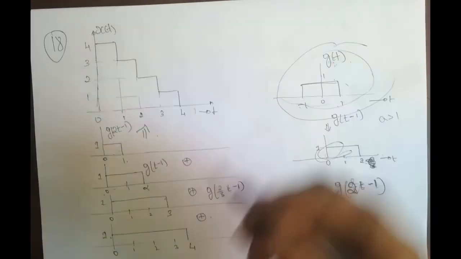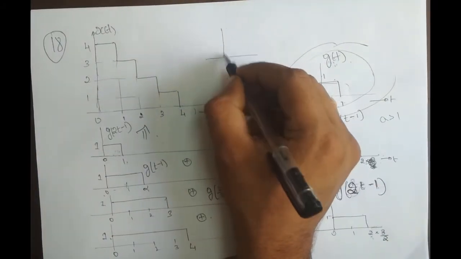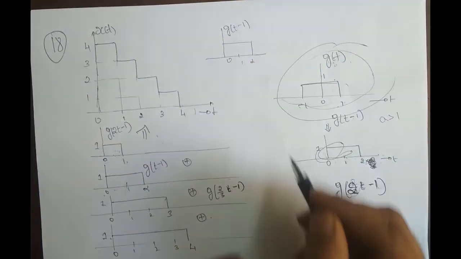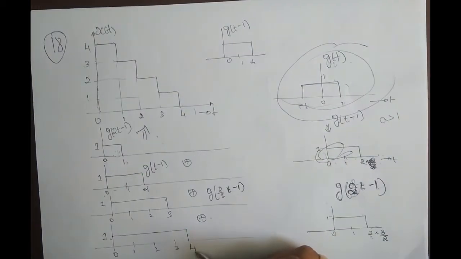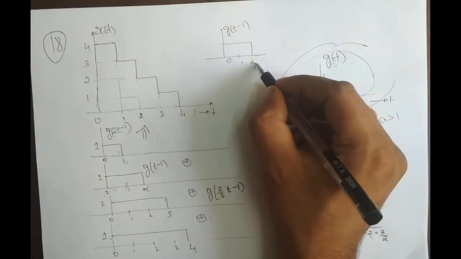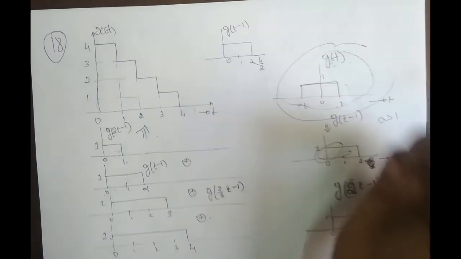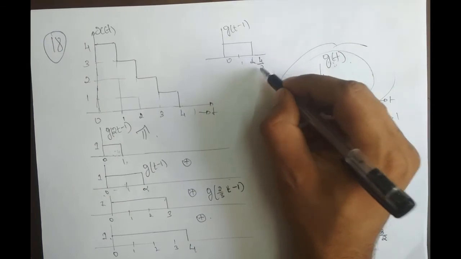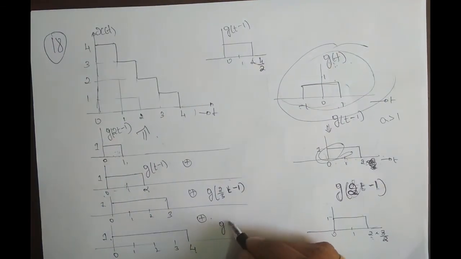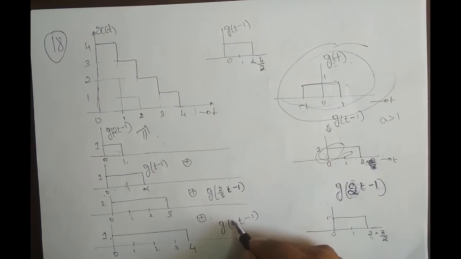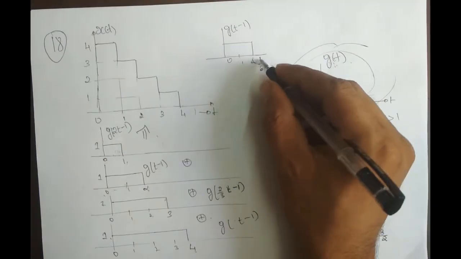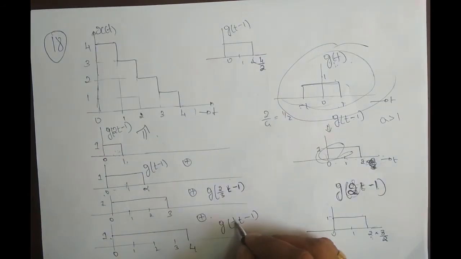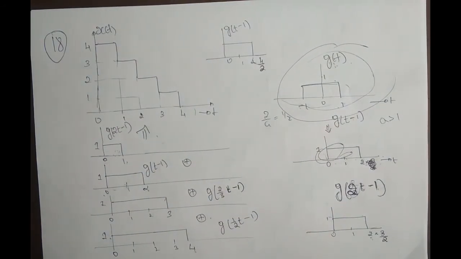Similarly, this is my g of t minus 1, 0, 1, 2. Now I don't want this to be in 2, I want this to be in 4. So what do I need to multiply here so that I get 4? It is 4 by 2, right? Therefore 2 cancels out, I end up with 4. Since I multiplied with 4 by 2, in terms of equation it is g of t minus 1, after shifting, I have to multiply by 2 by 4. 4 by 2, so its inverse is 2 by 4, and this is nothing but 1 by 2. So it is g of 1 by 2 t minus 1.